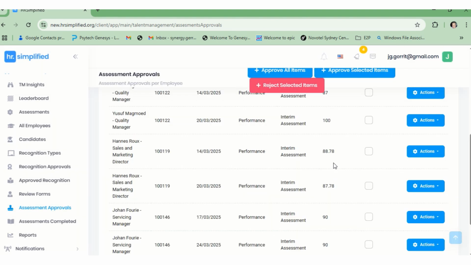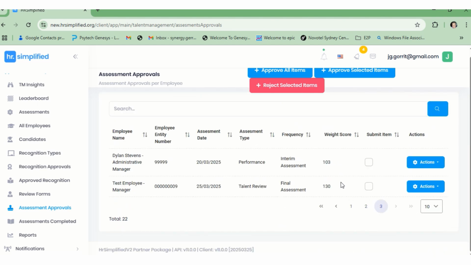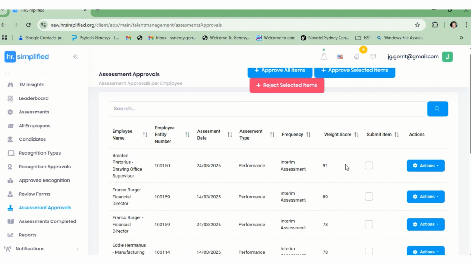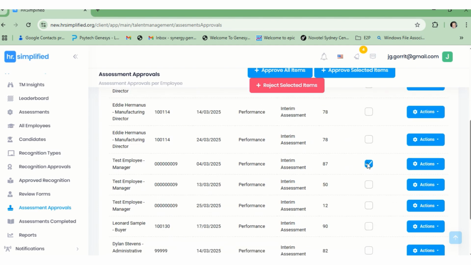Bear in mind, once you've saved it, you've edited it, you have to approve it again. That's unfortunately the thing that doesn't automatically save it. So you'll have to go back to that employee, but that's the bulk feature, and then you just save it there. So there's the one I've just edited, and I can just say, now I want to save it, and you say approve the selected items, and that's that.